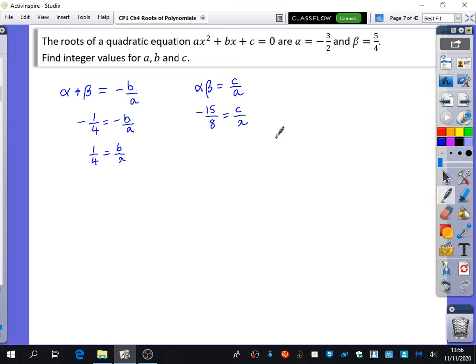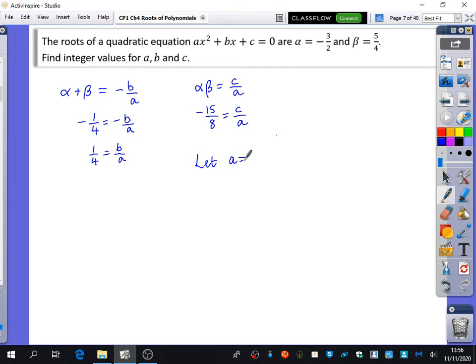And we're trying to find out what a, b, and c are. The quadratic that I've written at the top, it wants integer values for a, b, and c. Is that quadratic going to be a unique quadratic that has those solutions? Or are there going to be other quadratics that could still have those solutions? There could be other ones. What's the bit that would mean there could be other ones? The a part. You could multiply everything by 5. You could multiply everything by 10. As long as you've multiplied each part of it by the same value, the quadratic will still have the same roots. So because of the fact that the a part means that the solutions could be different,